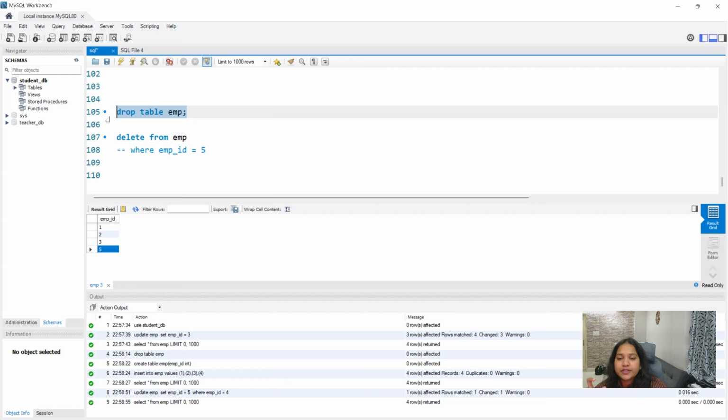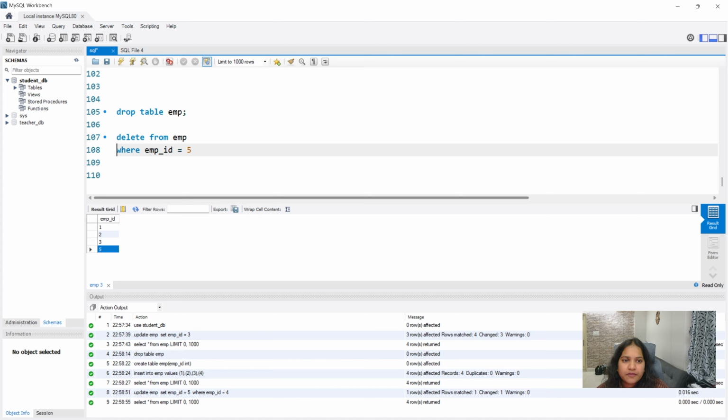Then the last thing is delete. Delete without where condition behaves exactly like truncate, which means it will remove all the records. But when you give where condition, it will check the employee ID column and check for number 5 and delete only that. Okay, so which is fastest among these three? Drop is the fastest, then comes truncate, then comes delete. So this is one important question asked in interviews.